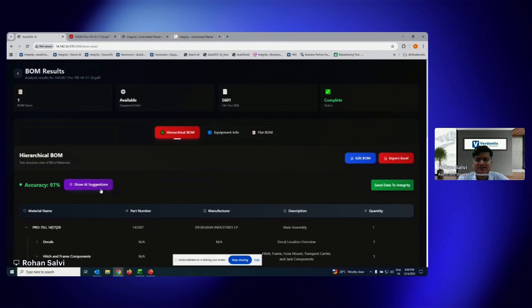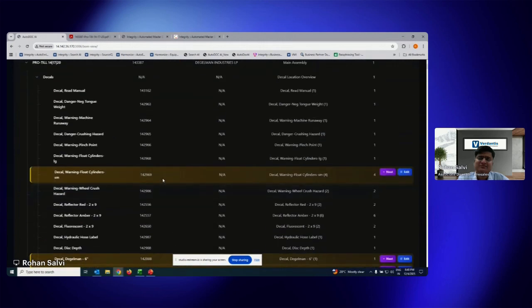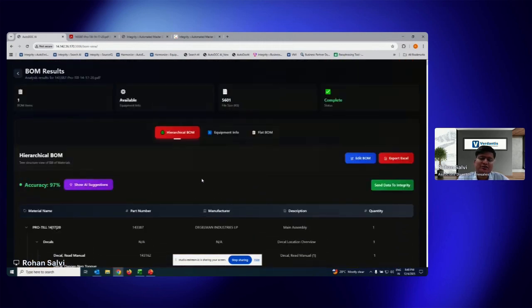I can also look at the potential areas where the agent has observed areas for correction or rectification. Here in the background, there are multiple AI agents working on the document to identify potential error candidates and giving us recommendations. These are the potential error candidates that we probably need to look at closer. This is particularly useful when you have scanned documents, and from the scanned documents you are looking to find out if there are any instances where the image quality is not really good, and you would want to extract the information and view the exact details.